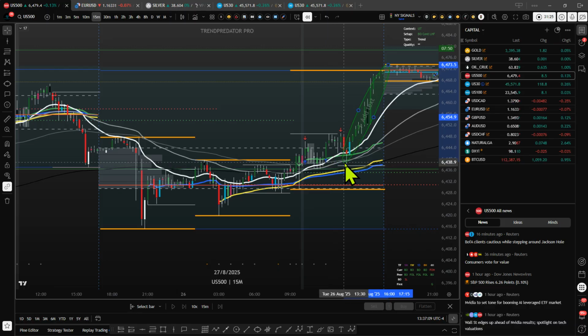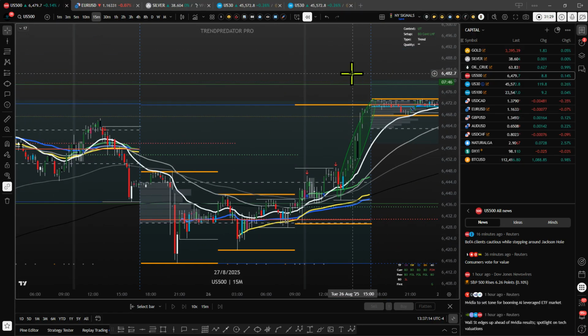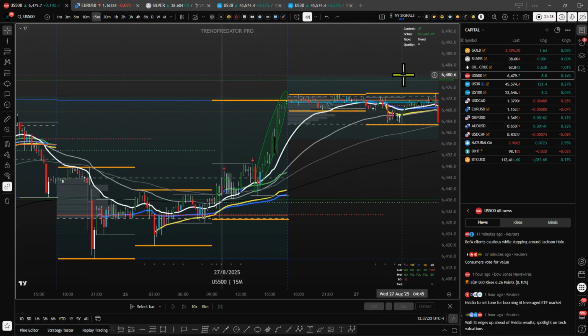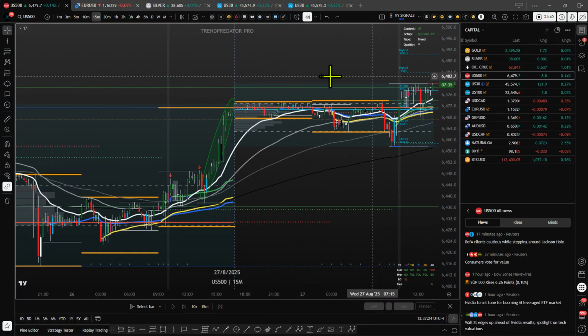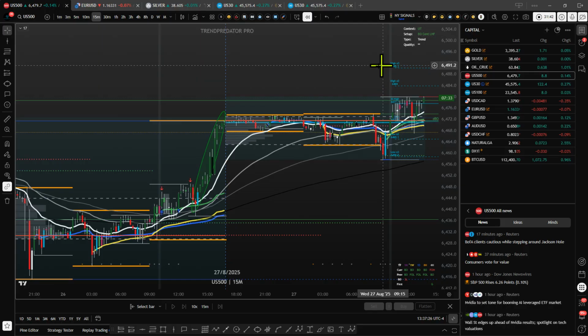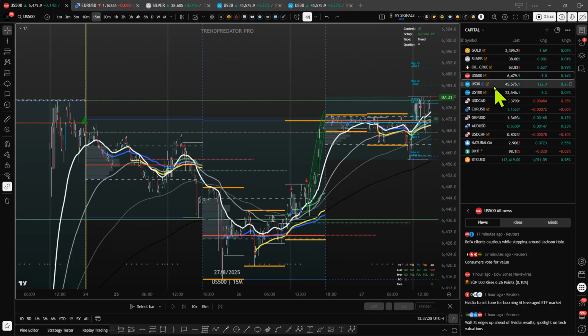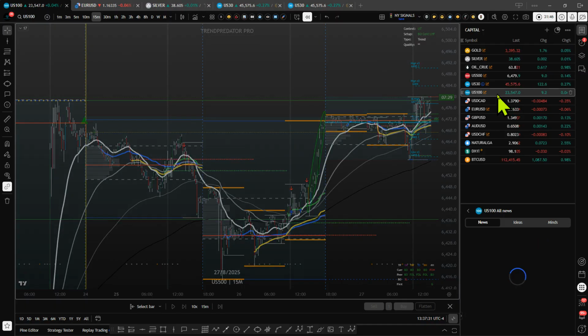Yes, did I kick myself for not holding on to that position? Yes, I did. But so be it. It's just one trade, one missed opportunity, and there are hopefully many more days ahead of me to be able to enjoy trading, right? So that's that one. On the US 100,